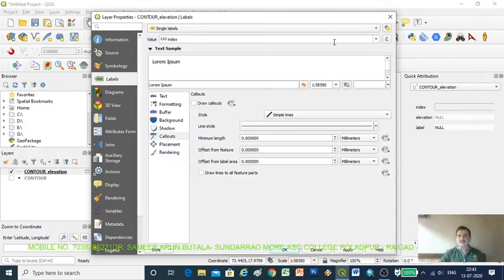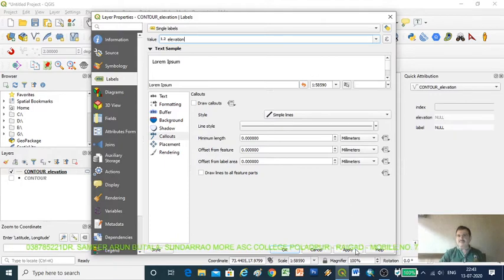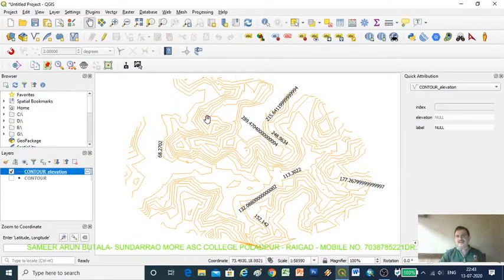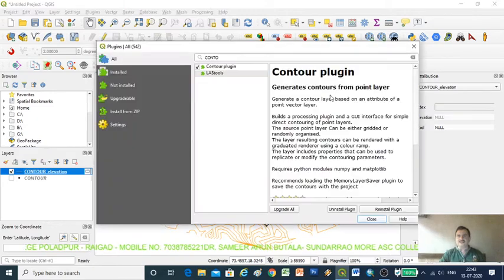Okay, then write here the elevation numbers and apply and OK. We will get the actual contour line numbers. Okay, now one more tool we want to install here. So we will go again to plugin, manage and install plugin.